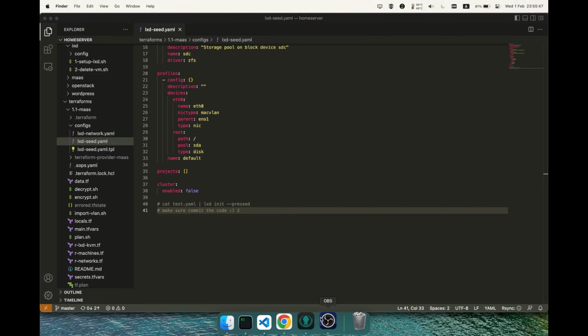So I can remove the LXD, initialize it again, and create a network. Disable the DHCP on the bridge, and then launch the image. So for the device,